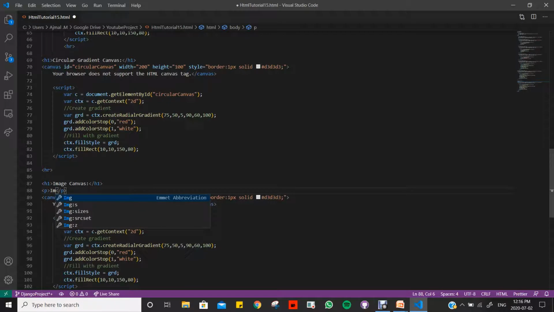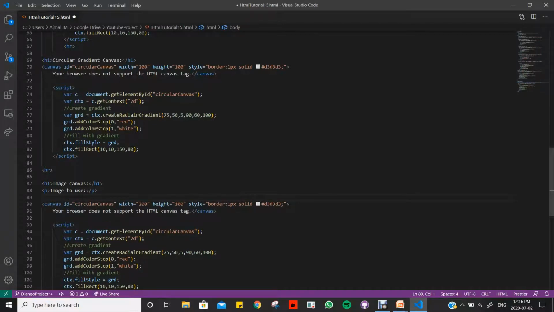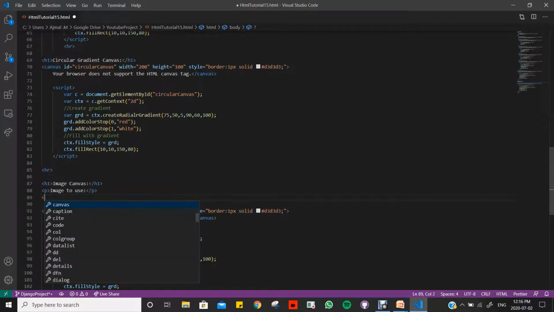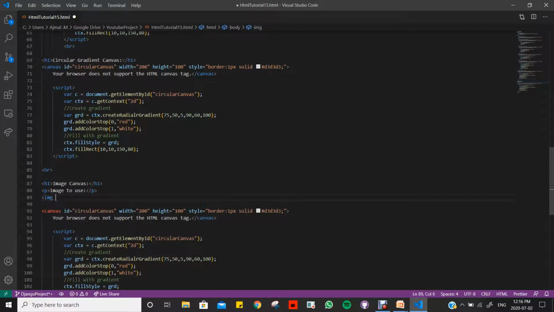So we'll give it a paragraph, image to use, and we actually need to add an image here. I will explain that in a bit. So we'll give the tag of image with ID of screen. That would be the name of the picture, screen. And we obviously need to link our image to this file. So this is the way to link it. Source equals